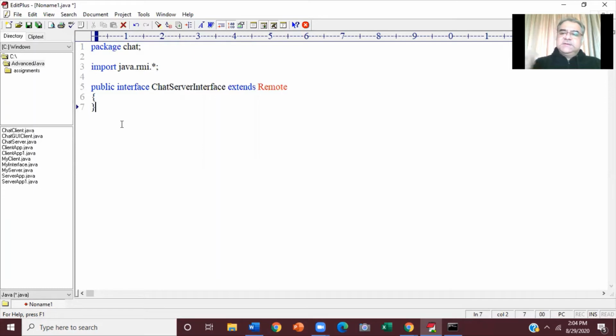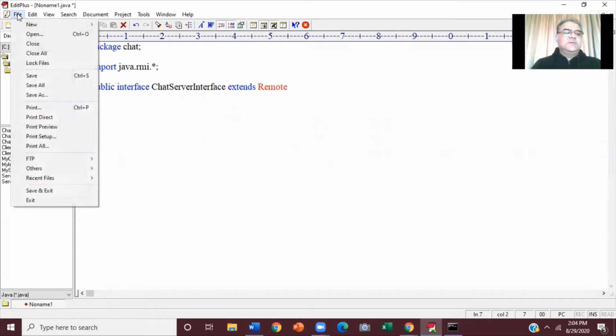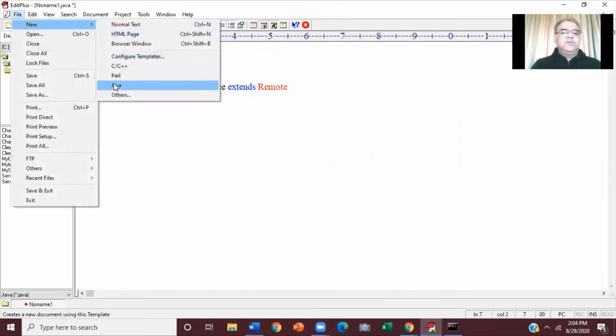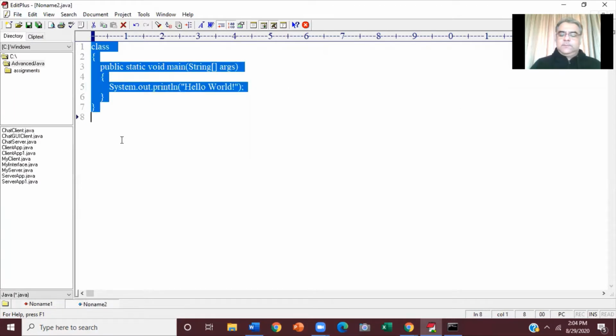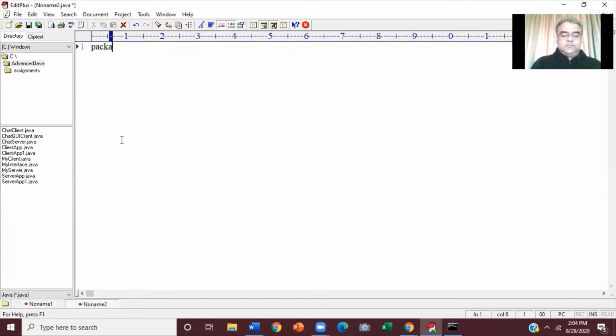Similarly, the other interface. File, New, Java, package chat, import java.rmi.*, public interface ChatClientInterface extends Remote.